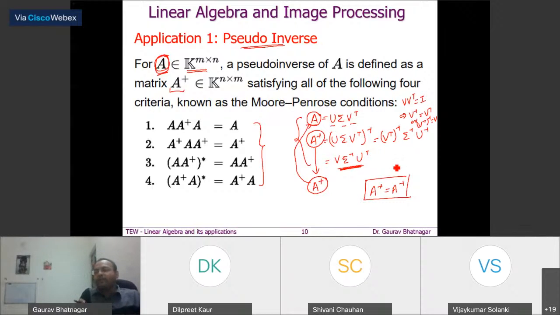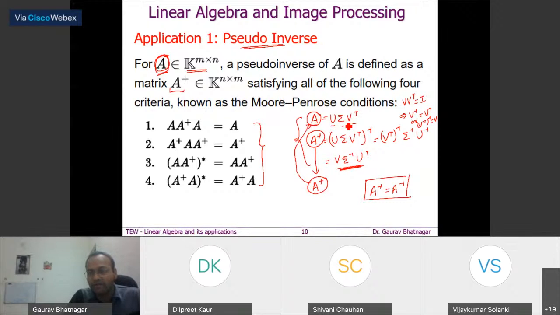So this is going to be the simplest application of SVD which you are going to use from the mathematical point of view, and you are now going to have the inverse of a rectangular matrix as well in the form of pseudo inverse. And the definition says